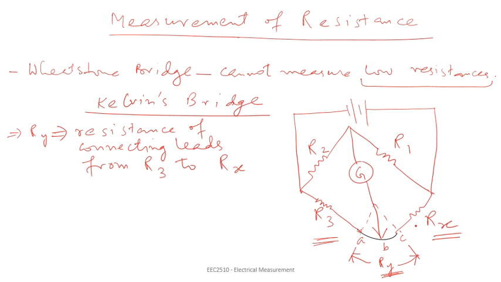Now if we are somehow able to find an intermediate point B, which is shown here. Suppose the galvanometer is connected to this point B, in between these two points A and C, in such a way that the ratio of the resistance from C to B and that from A to B equals the ratio of resistance R1 and R2.